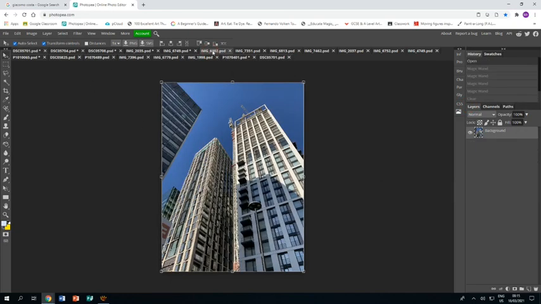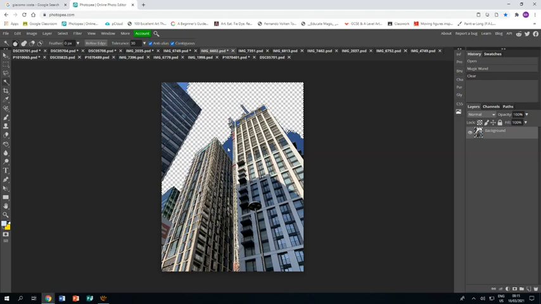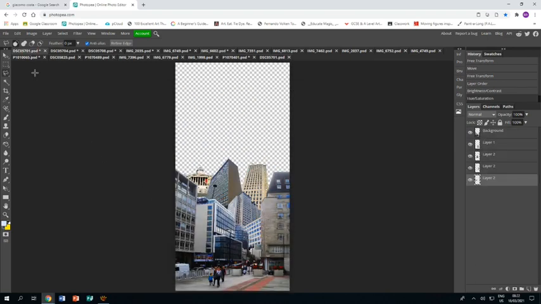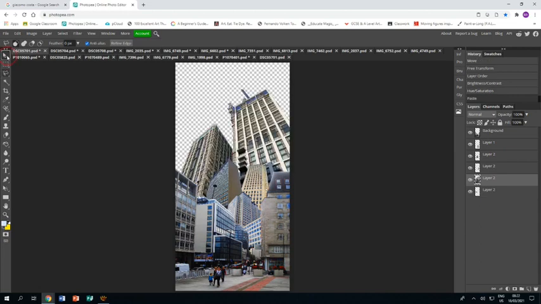Right, next building, magic wand for the sky, press delete, just magic wand those other bits that were a bit darker. Okay, then we can grab the polygonal lasso tool because we only want these buildings here, not the other building. Okay, and then Ctrl C to copy that, and then Ctrl V back into our project. There it is. Okay,